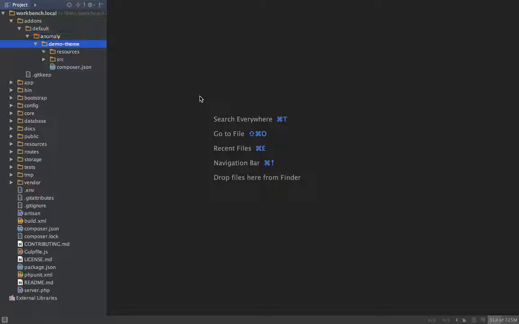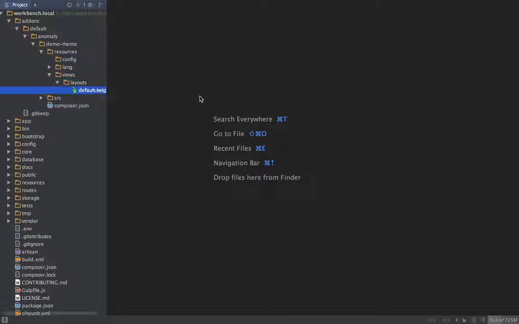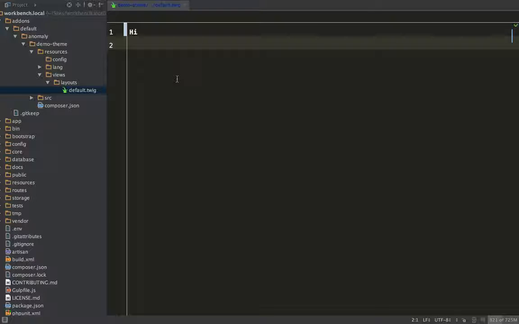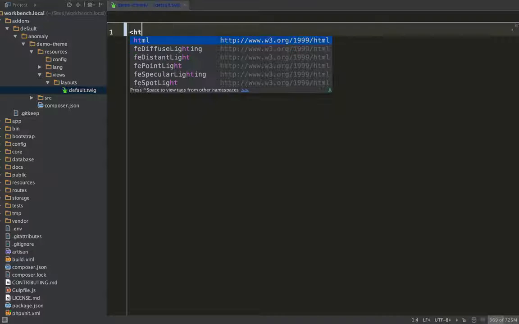If we open up our theme and we go to Resources, Views, Layouts, if we look at our default layout, we don't have anything there. So first, let's build out a basic HTML layout and include the content that's being generated from the CMS. So start with HTML